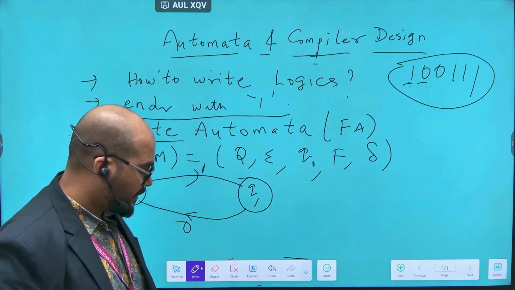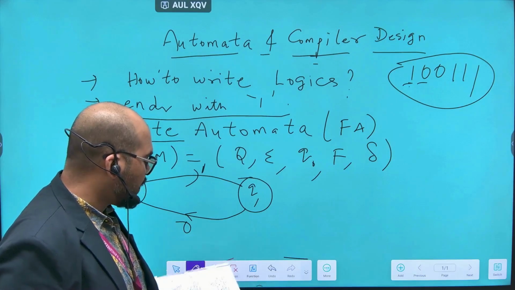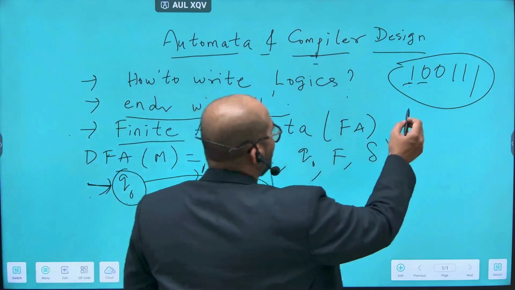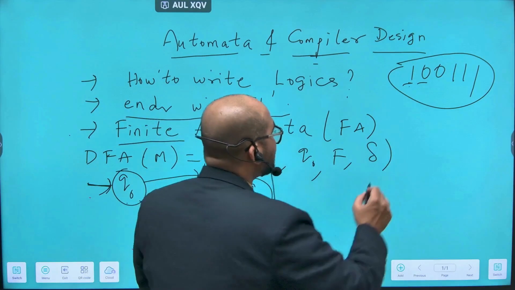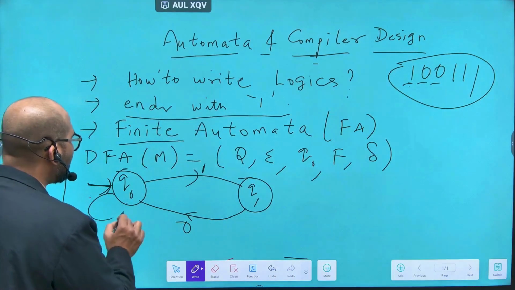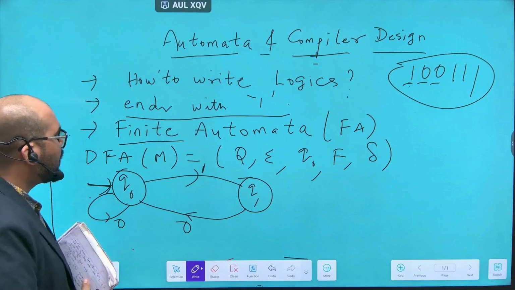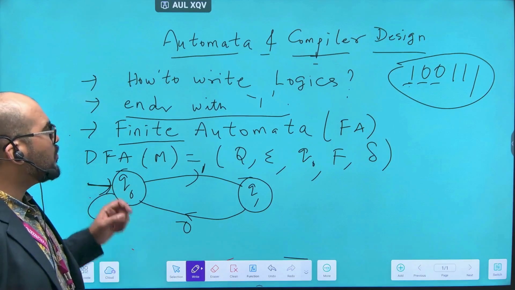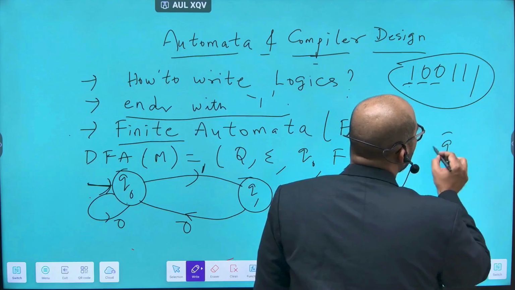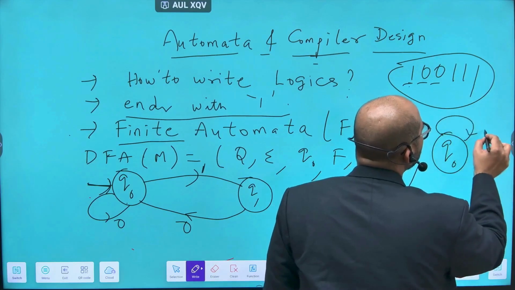Okay, it again moves to q0, and with the next input symbol 0, q0 will have a self move on 0. What does this self move mean? Let me explain what a self move is. For example, if we write a self move like this,